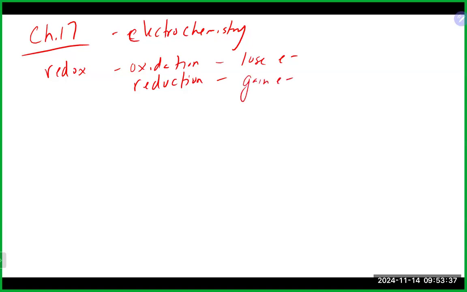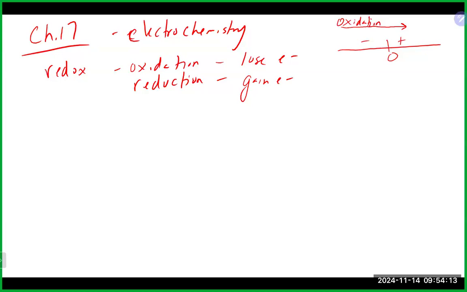We could really make that decision as to what is happening based on the oxidation number or oxidation state of elements from, say, the reactant side to the product side. And as we talked about, you could use a simple number line if you're not sure to help you decide what is being oxidized, what is being reduced. If you look at the oxidation number or state of an element on the left-hand side of the arrow to the right-hand side of the arrow, and it's getting more positive, so it's kind of moving in this direction on the number line, that would mean that it is going through oxidation as it is losing electrons,